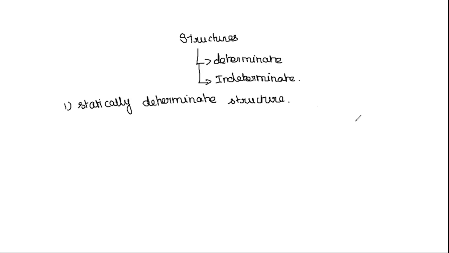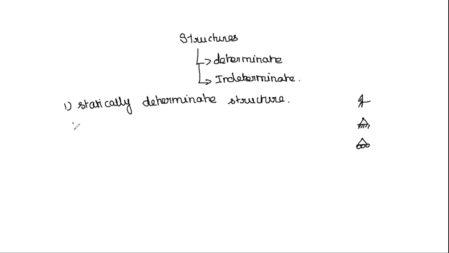If a structure is provided with a minimum number of supports, it ensures external stability. And if a structure is provided with a minimum number of members, it ensures internal stability of the structure. Minimum number of supports in the sense we know roller support, fixed support and hinged support and all. So based on the conditions provided, whether it is stable or it is a minimum. So for a determinate structure, the number of unknown forces can be solved by the available static equilibrium conditions.